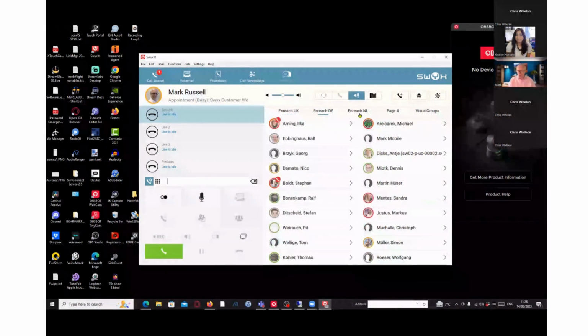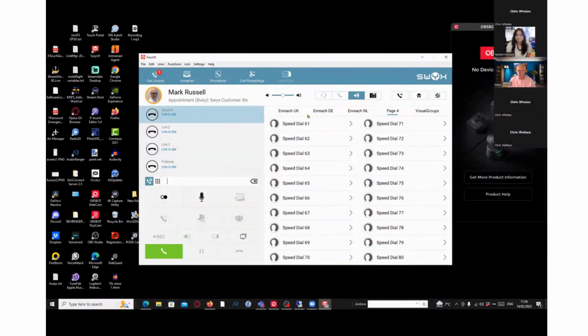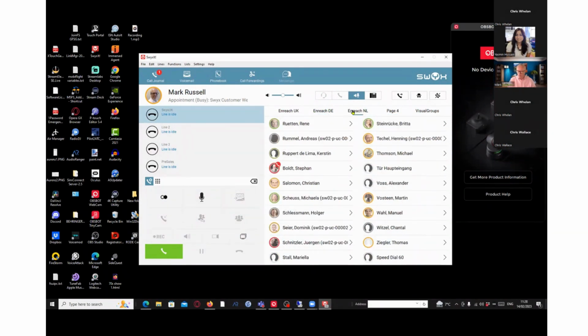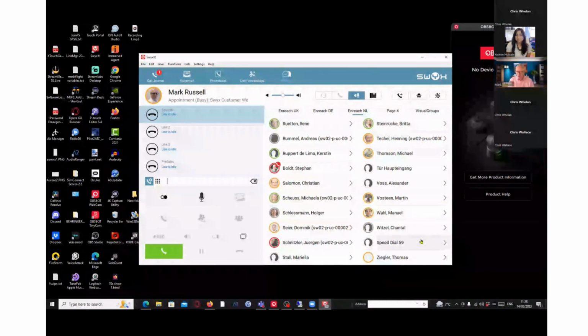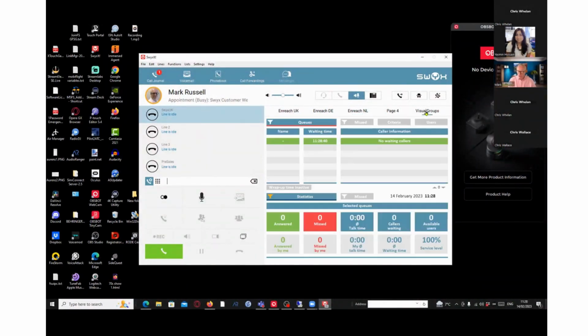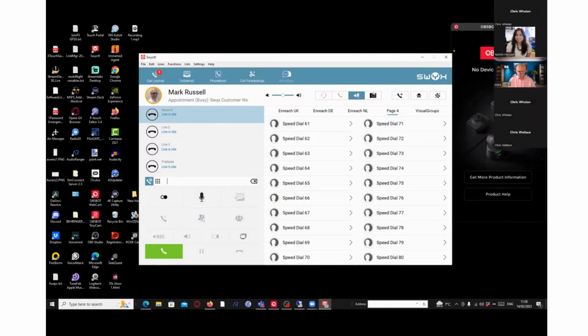I have multiple tabs on this one. I can move my speed dial buttons around. If I go to this one here, for example, I don't want Thomas on there, I want Thomas down there, I can just drag and drop Thomas and move him down. Do I want to move it? Yes. Now I've moved my speed dial button. So that's those tips and tricks. If I go to visual groups, there's the visual group called queuing, and there's my contacts. And the final thing I was going to show you,